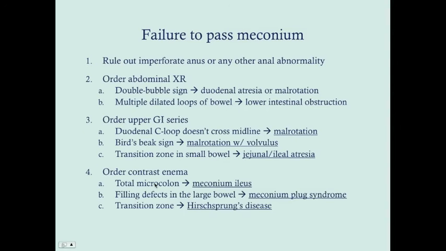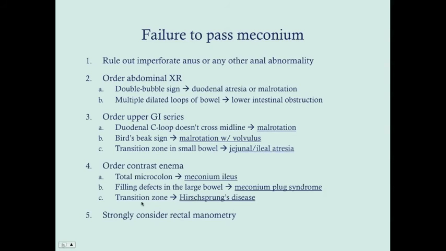Of course, with a lower GI contrast enema, if you see a total microcolon with inspissated pieces of meconium, that points to meconium ileus. If there are filling defects in the large bowel, that shows you that there's functional immaturity and plugs of meconium. That's meconium plug syndrome. If there's a transition zone in the rectum, Hirschsprung's disease. But remember, lack of a transition zone does not rule out Hirschsprung's. And then finally, another thing you can do is rectal manometry. So these are the things that you